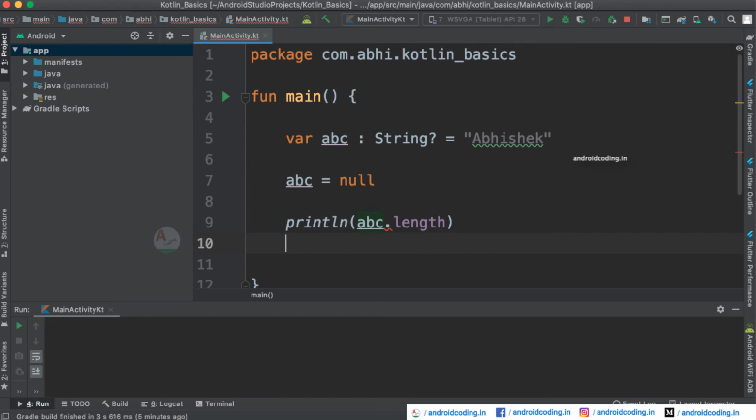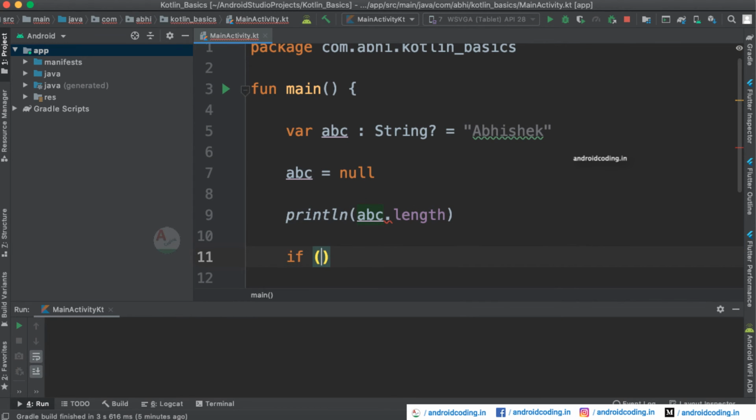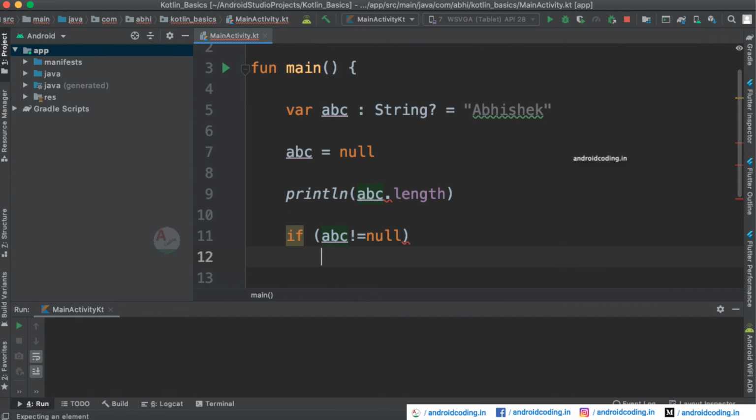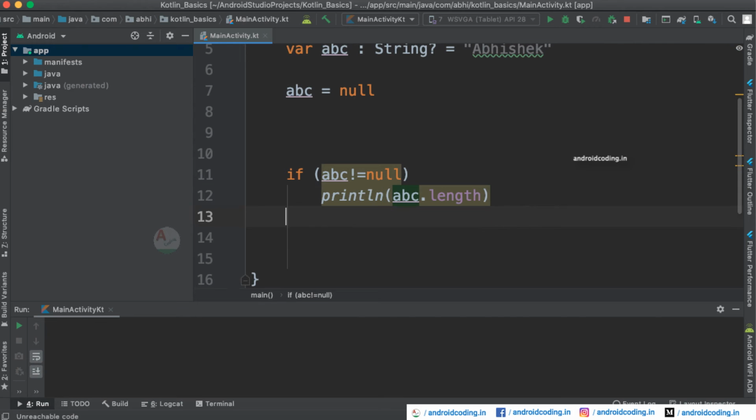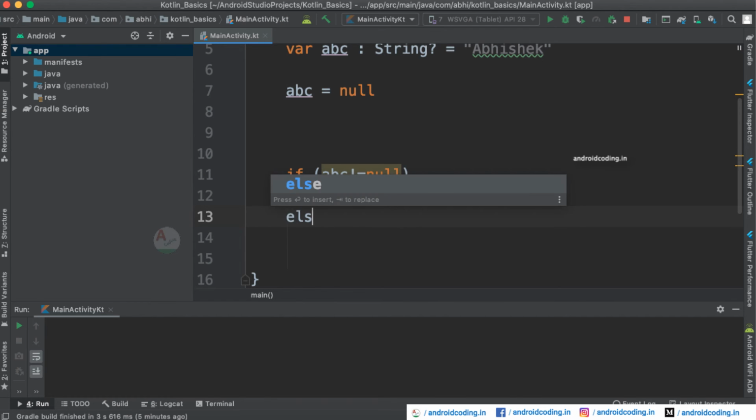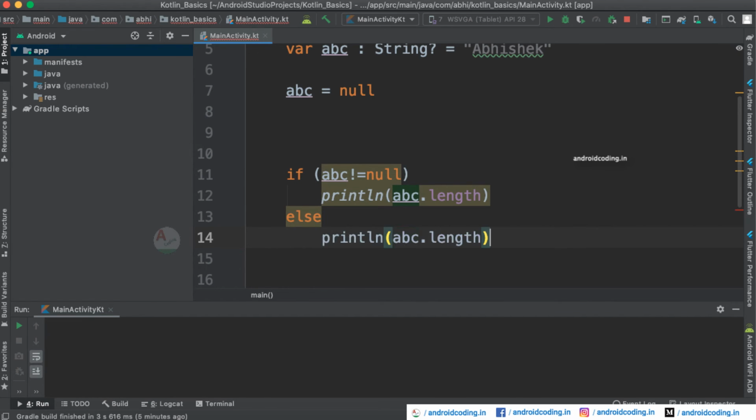Here you need to provide an if condition, where if ABC not equal to null, then you print this length, else you can specify any message like null value is provided, or something like that.